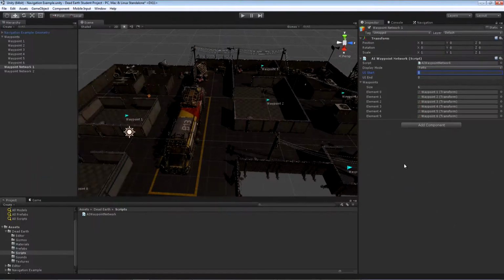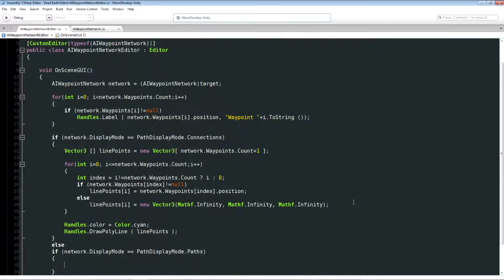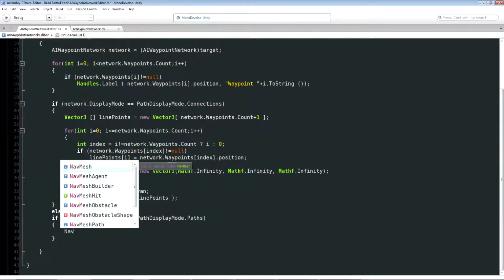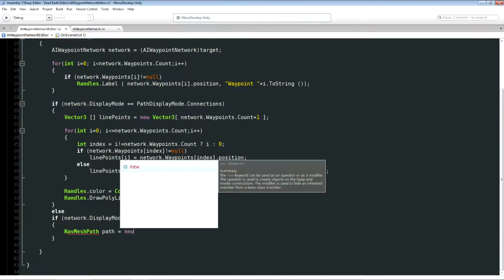What we have to do now is implement the conditional code in our OnSceneGUI function of our editor script so that we query the navmesh using our UI start and UI end points and then render the returned path. So let's do that now. The first thing we need to do is allocate an object of type NavMeshPath, because when we query the navmesh, we need to send it an already allocated NavMeshPath, and then it will populate it with the data we need. So we say NavMeshPath equals new